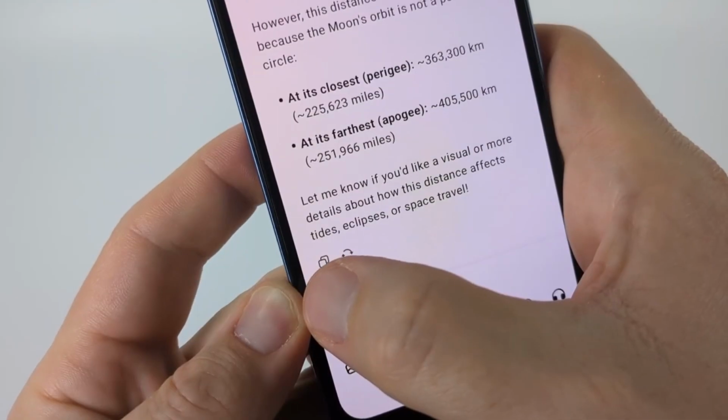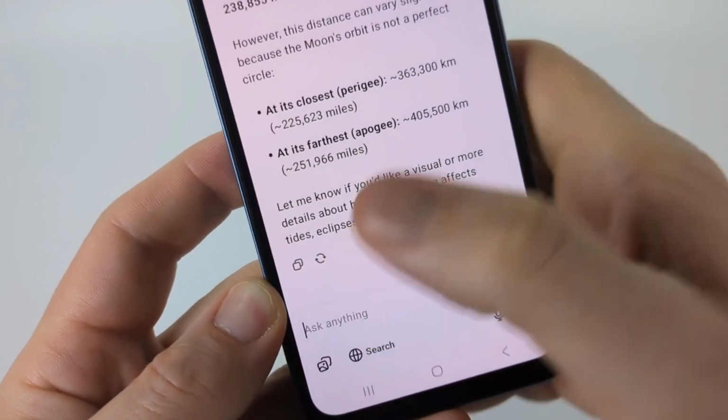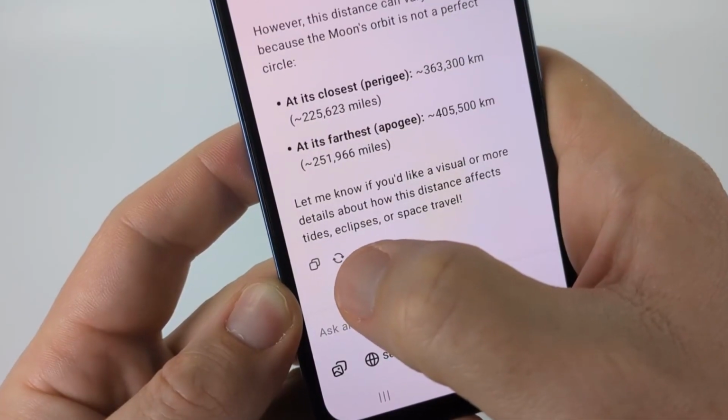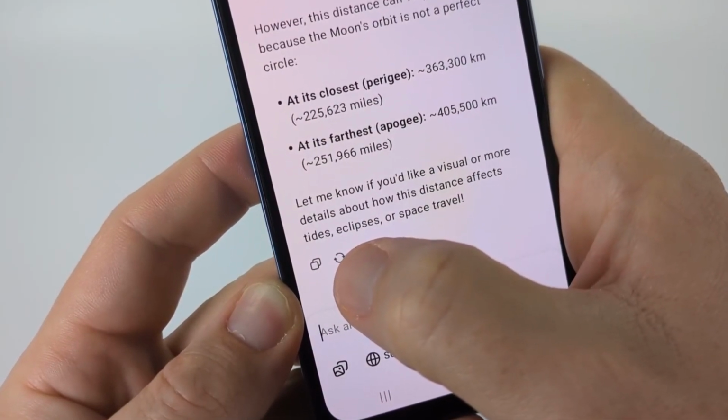use the app for writing, learning, brainstorming, voice chats, and image-based questions. That's the basic way to use ChatGPT on Android, and that's how to use